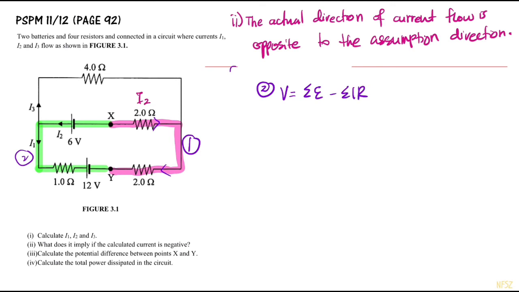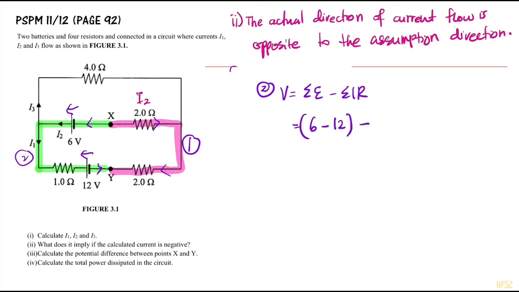So along second route ni, yang atas ni ada EMF, ni pun ada EMF. Kita nak pergi macam tu. Okay, so EMF yang pertama 6 volt ni, direction dia sama dengan jalan yang kita nak guna. So 6 minus 12 sebab tak sama,